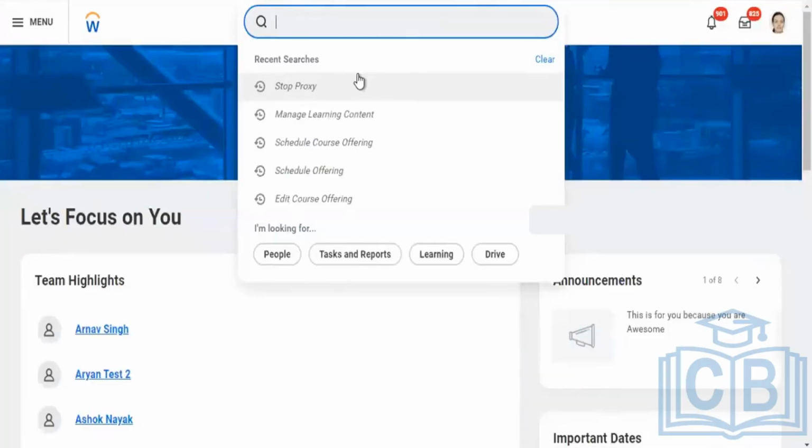That's only typically managed by the learning administrator, not only just for going to the search bar, but also within the course. You also have an option to edit the course.